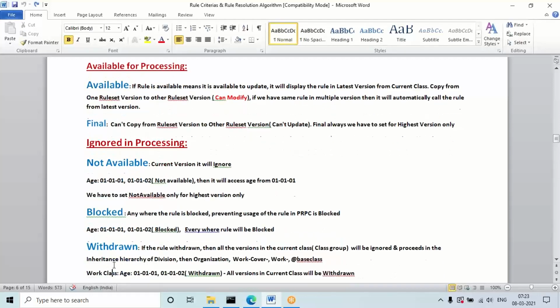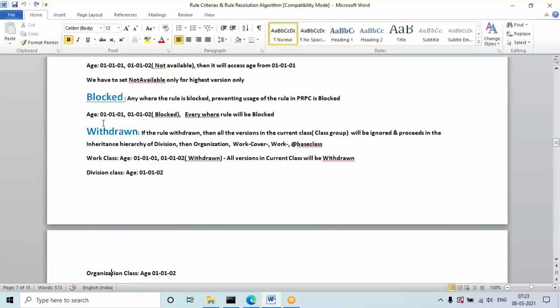Okay. And withdrawn, what is withdrawn? In the current class, all versions will be blocked. Suppose a rule is there in the organization class, division class and work layer. The class hierarchy, what is it? First the work layer pattern, then the division class, then the organization class.